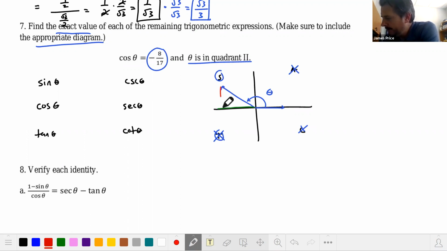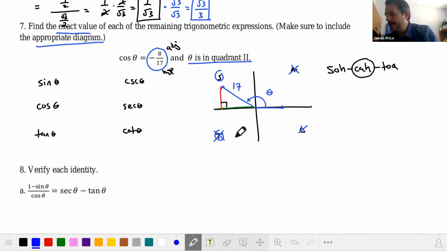I like to color code it. It's kind of nice. And we can use our old friend SOHCAHTOA here. So to find the different sides, remember, the cosine is the CAH. And so this is the adjacent over the hypotenuse. So the hypotenuse is 17. Again, I can just kind of color code this. And then the adjacent, that's where the negative sign comes from. It's -8. And then we're missing the opposite side, which is b, but we can just use the Pythagorean theorem